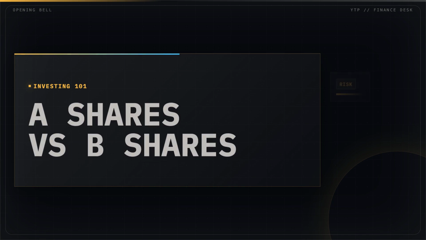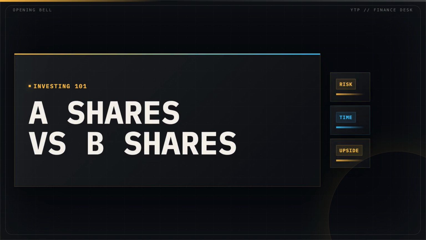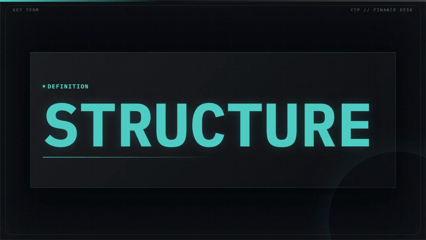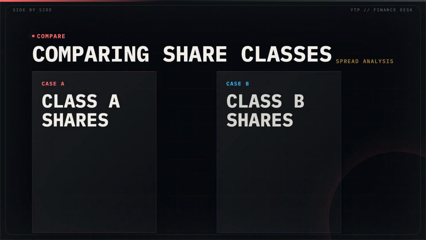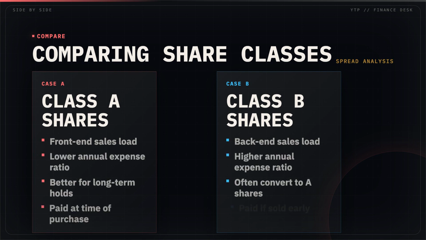When looking at mutual funds, you might see different share classes like A and B shares. Let's compare their structures. The main difference between these shares comes down to how and when you pay the sales charges to the fund company. Class A shares usually charge a fee upfront, while Class B shares often have higher ongoing costs and back-end exit